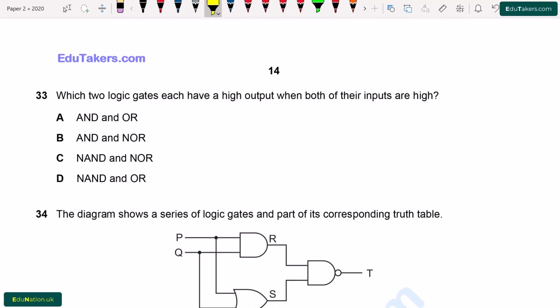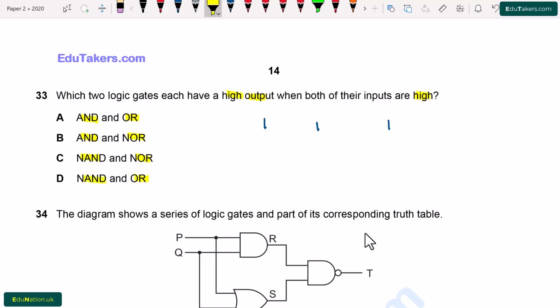Which two logic gates each have high output when both of their inputs are high? So here, when both of the inputs are high, 1, 1, the output is also high. So this is true for the two logic gates. We have to identify these logic gates. First of all, in the option A, here is AND and OR, B, AND and NOR, C, NAND and NOR,